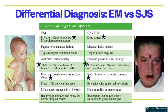Erythema multiforme has an acral distribution initially, which means it starts in one area and then it proceeds to another area, whereas Stevens-Johnson syndrome starts on the face and progresses to the proximal limbs initially. Here is important information. 70% includes mucosal involvement, but is limited to oral mucosa usually, just one mucous membrane. Whereas Stevens-Johnson syndrome has 90% mucosal involvement and many or more than one site. And that can be the eyes, the mouth, the nose, or the